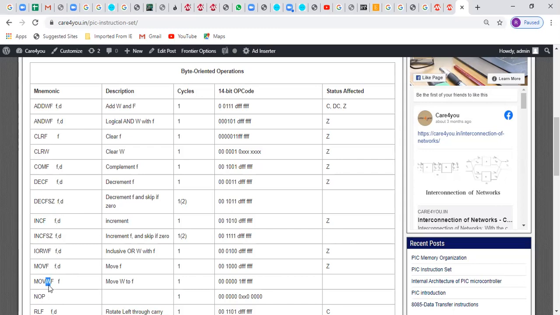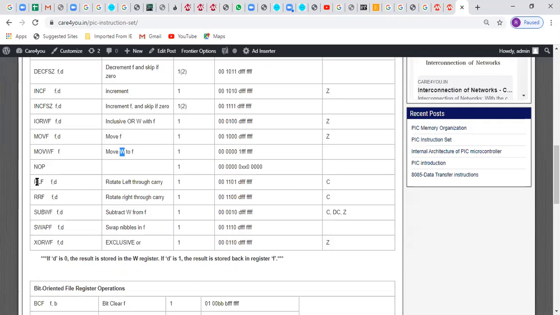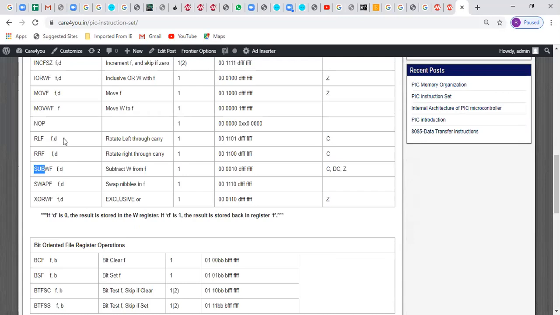Move accumulator to a register file. So here you are writing your register file F will be loaded with the contents of the accumulator. This is what exactly the meaning is. Then you have the instruction as a rotate instruction. You have the subtract accumulator with the register file. I would expect that you study all these instructions.